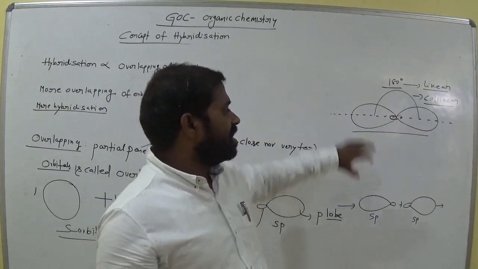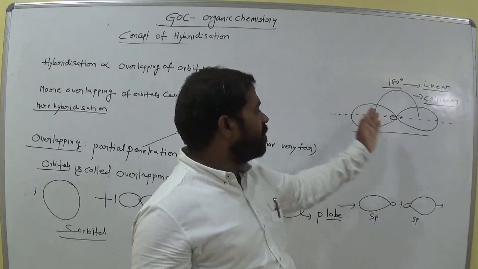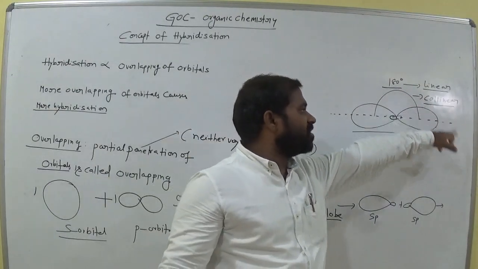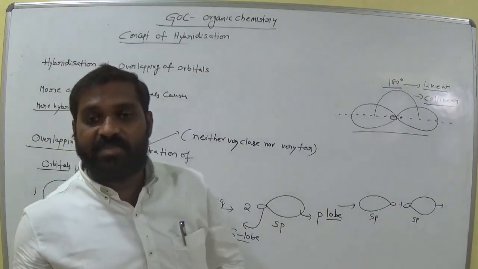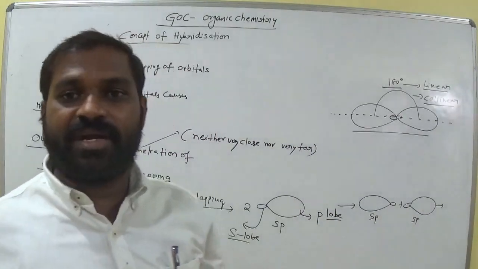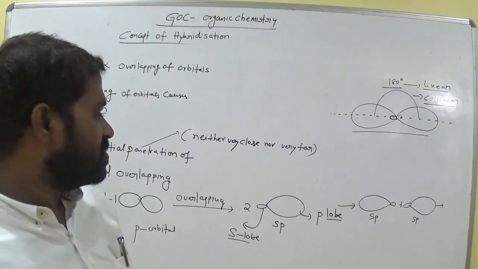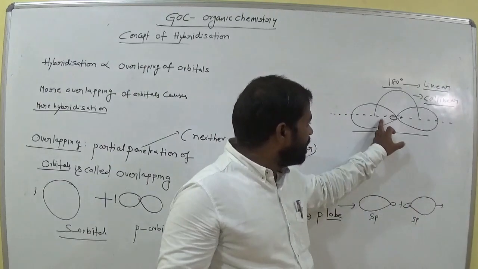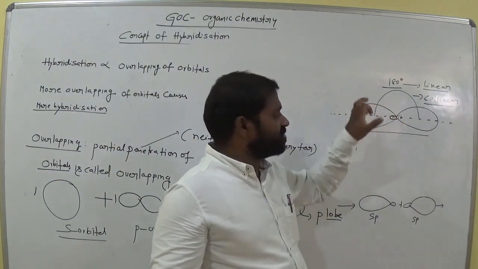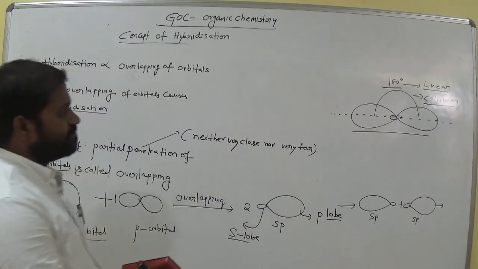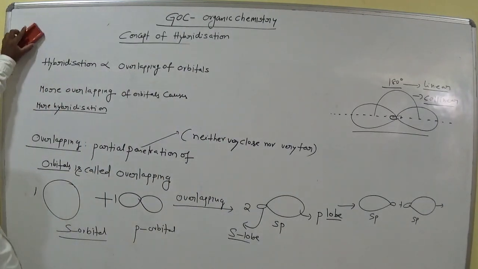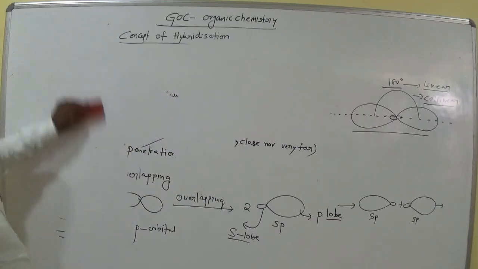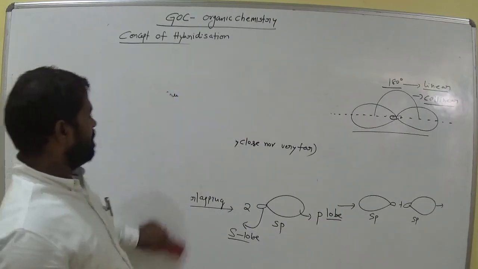Is it clear, ma? Now it is in the horizontal direction like this. The bond angle here is 180 degrees. That is called linear, or mathematically we call it collinear. Collinear means a straight line. What is the bond angle on a straight line? 180 degrees. Is it clear, ma? All of you? So now this loop penetrates into this loop. Okay? Is it clear? So this is about the concept of overlapping also. These are the important facts regarding hybridization.